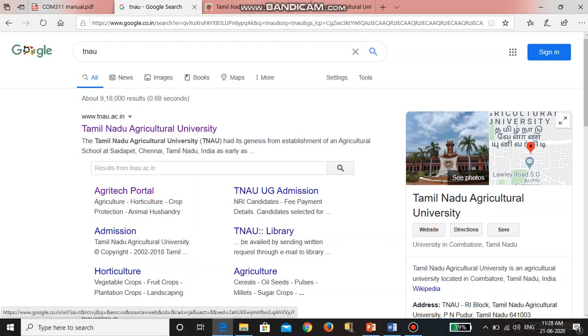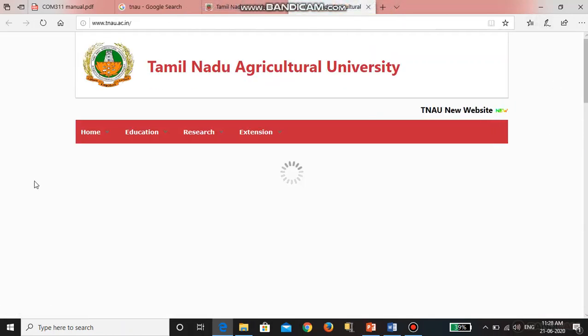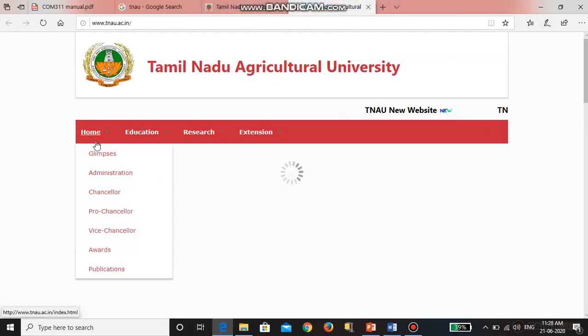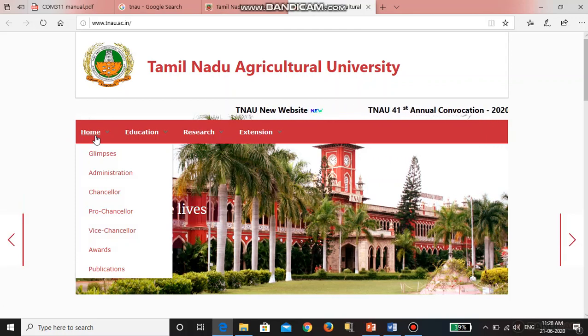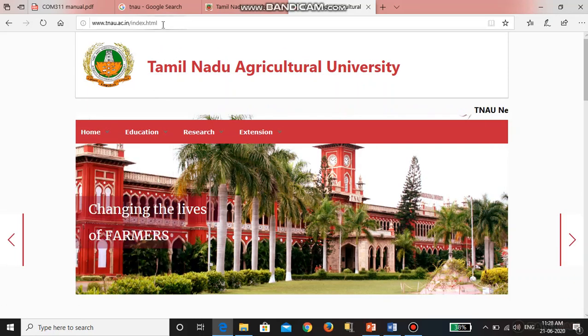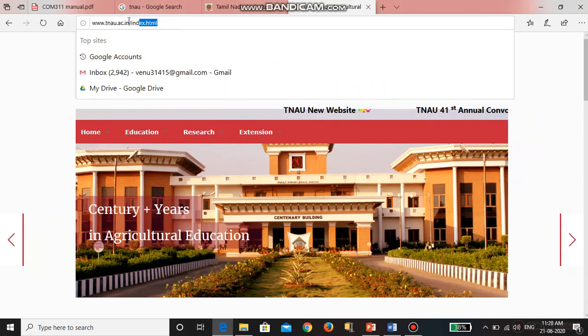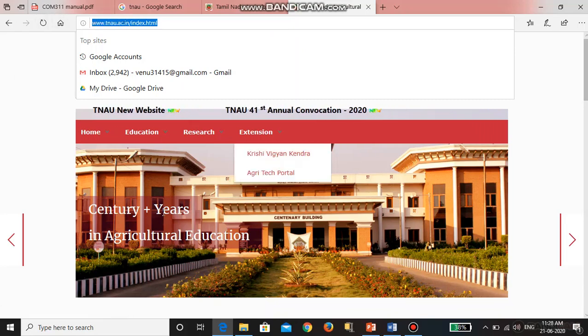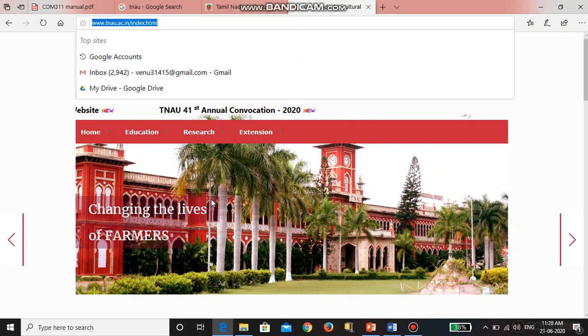If you open this website, you can see web pages. Mostly they write the web pages by using HTML. You can see here, they are written as .html. This web page can be written by using HTML.